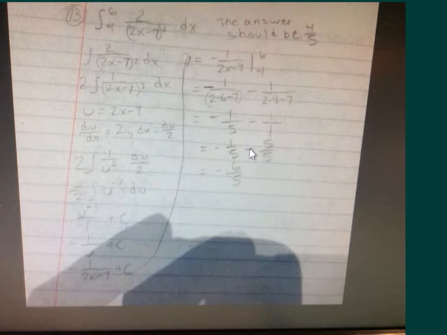Hi, Jennifer. Your first question here, you've done most of it correctly. It's just a negative sign that's giving you the wrong answer. So there's more than one way to work this out when you're actually doing your substitution. I don't know if you've tried this before, and I'll just show it to you so that you know how to do it. When you make your substitution here for u equals 2x minus 7,